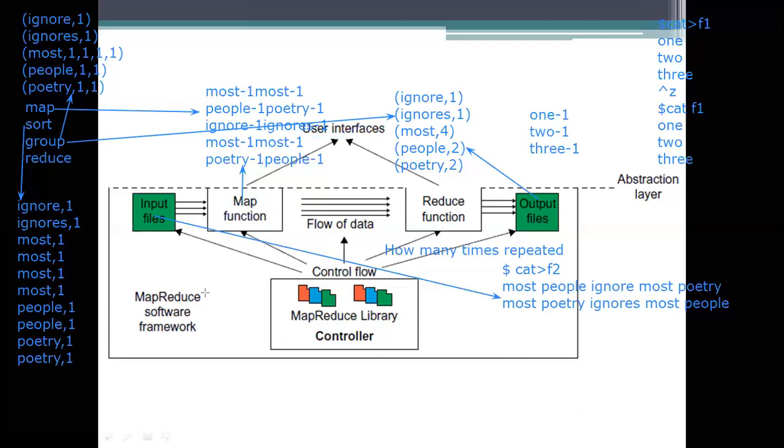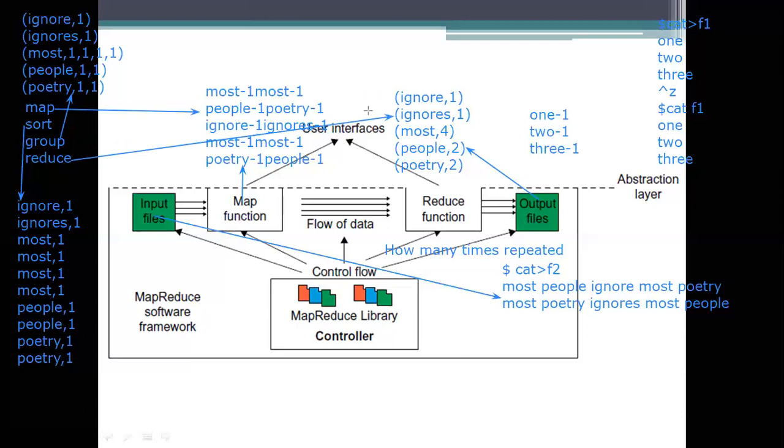So what is the strategy here? I am taking the example of word count. For the word count, the strategy is that we need to map, then sort the elements and group them together. Next, we need to consider a reduce function also, because we need to know the word count.